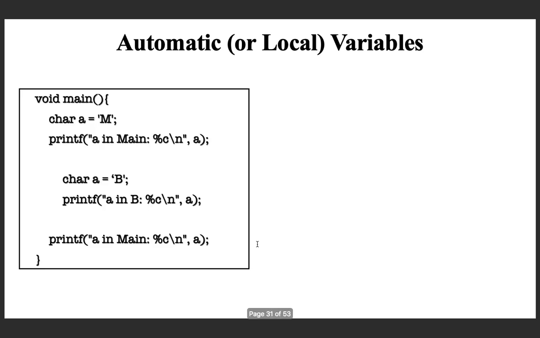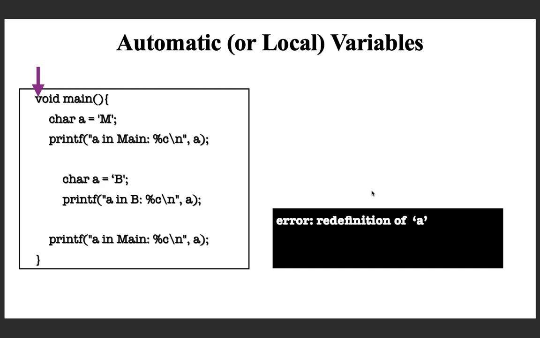Now we can see a very similar code where the only difference is that here I have removed the curly braces. So only a single compound statement is there, and I am trying to define two variables with the same name. If you try to execute, you can see that the compiler will give you an error message like multiple definition of A or redefinition of A or something like that. You just type it and try to compile it. You can see that there is an error. And why is there an error?